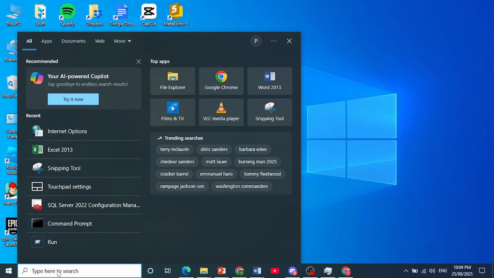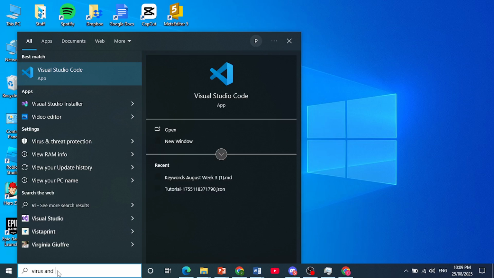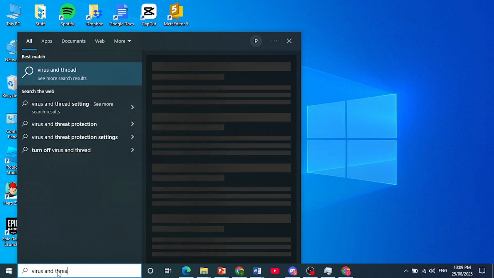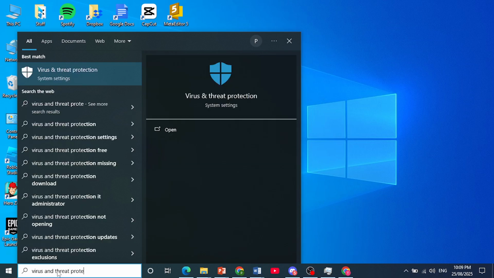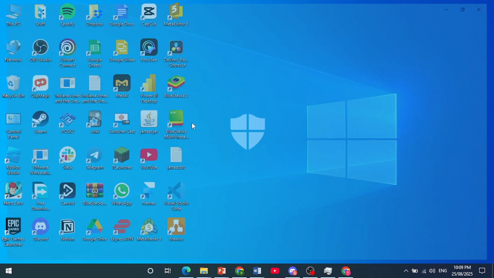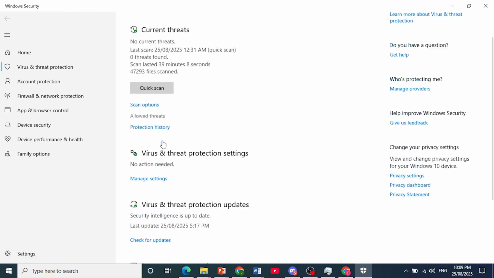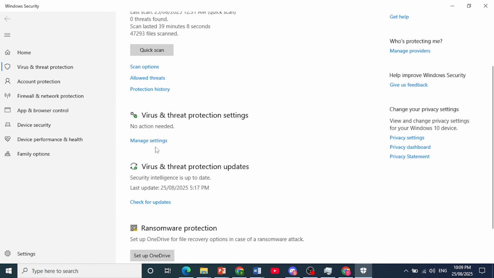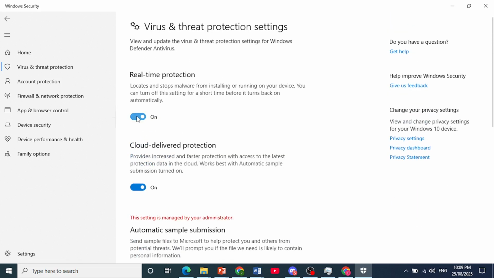just type in virus and threat protection. Okay? And then what I want you to do is open up this one, and we're basically going to be turning off our antivirus. So let's wait for this to load up, and then what I want you to do is click here on Manage Settings under Virus and Threat Protection Settings, and I want you to turn these two